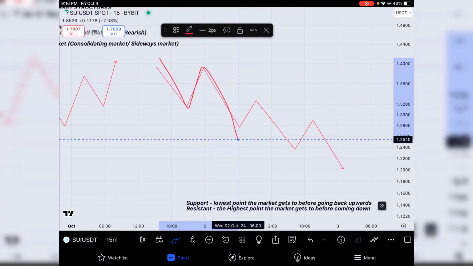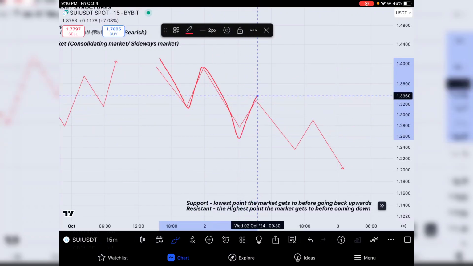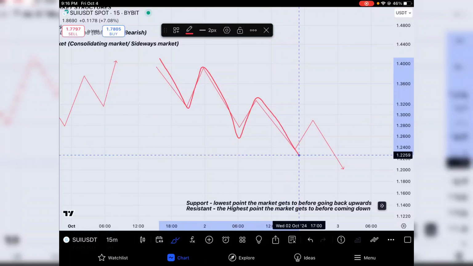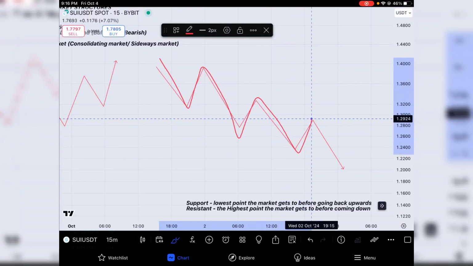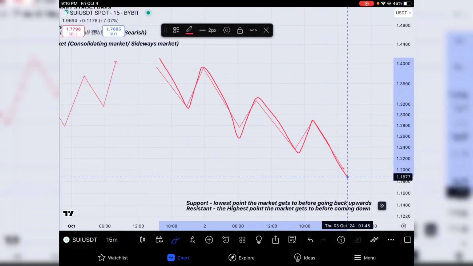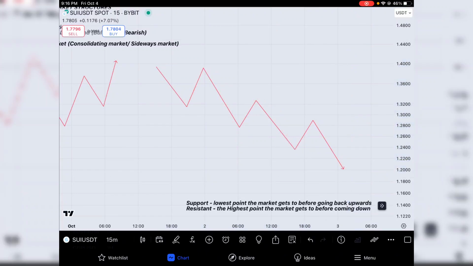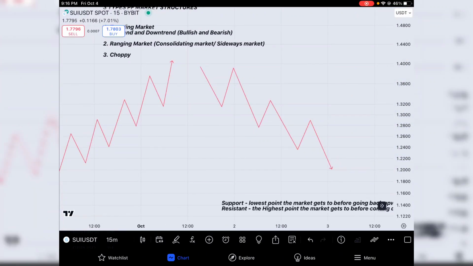The sellers still push it downwards. The buyers try to push it up, but they are not powerful. The sellers still push it downwards. The buyers try to push it up, but they are not powerful. The sellers try to push it even more downwards. So it's an indication that if you look at the direction, it's a downtrend, a bearish